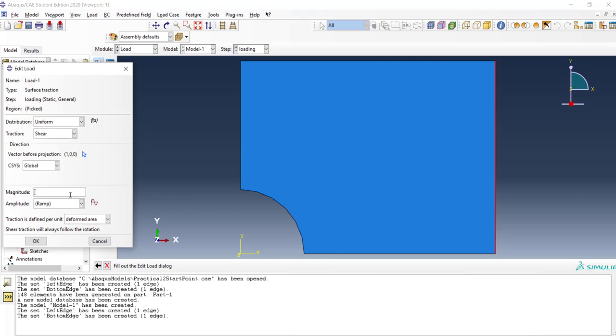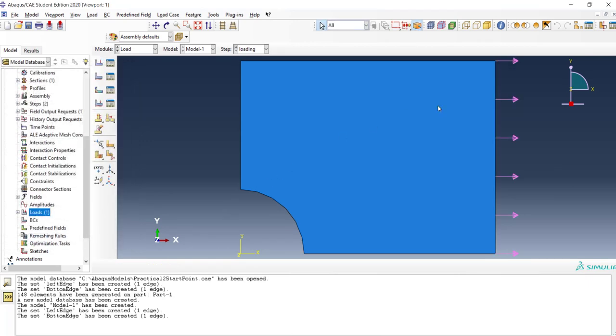Traction, well, you can still call it shear, even though it's not really shear, but it's the vector that is leading per deformed area. And actually I'm gonna keep it general because I don't want to follow the rotation. And then in this case you see the load is applied indeed to the right, and it's with a magnitude of 10 megapascal because it's on a surface. So you know the stress far field should be 10 megapascal.